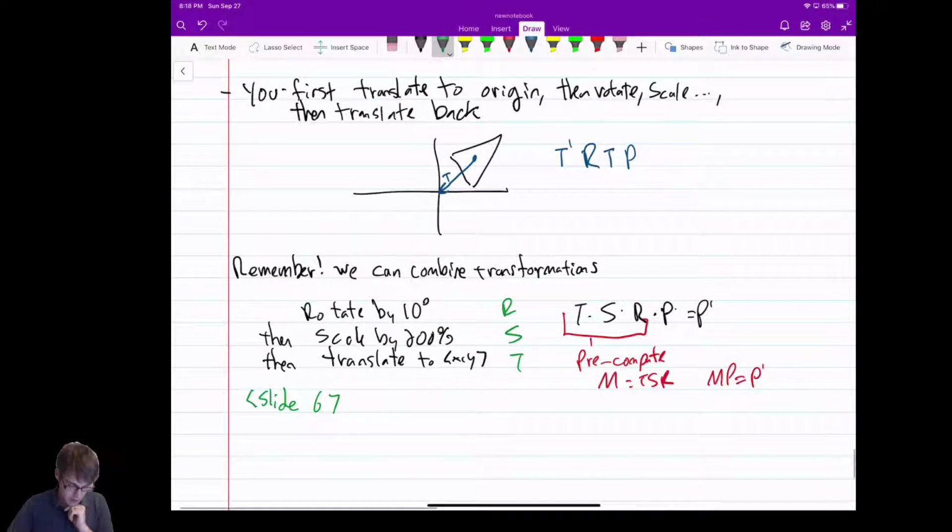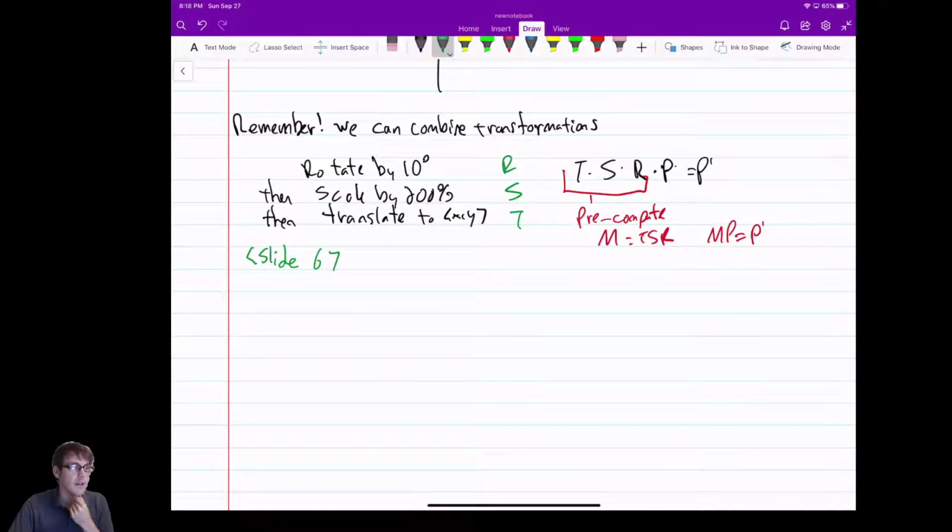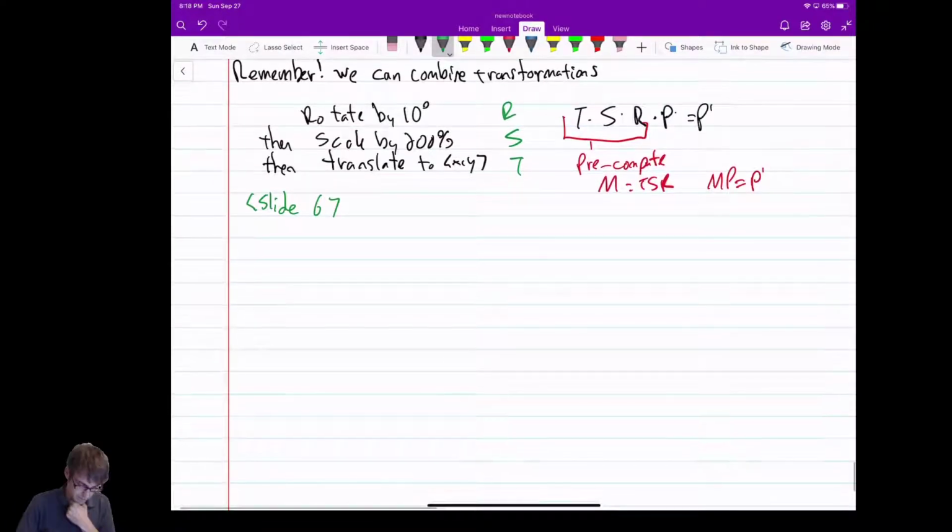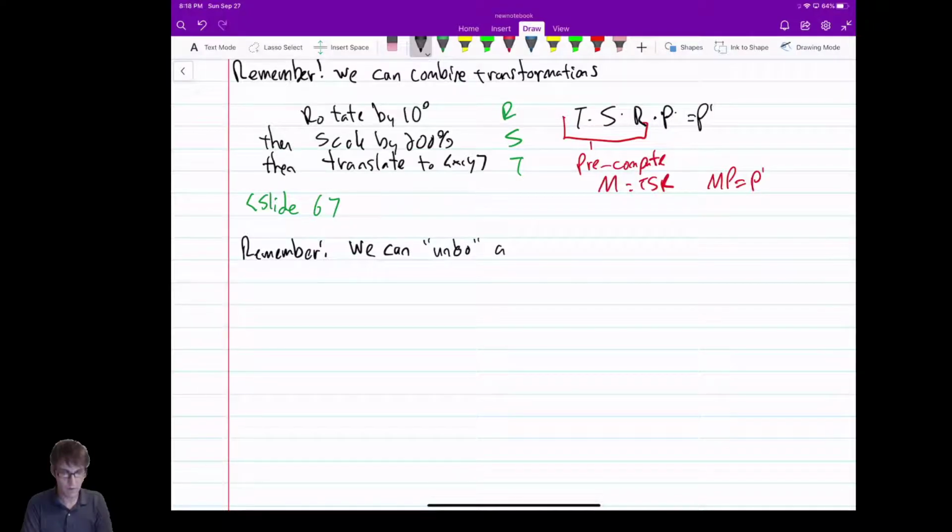All right. So what else should we remind you of? Yes, inversion. This will come up. So remember, we can invert or undo a transformation. So we can undo a transformation using the inverse,